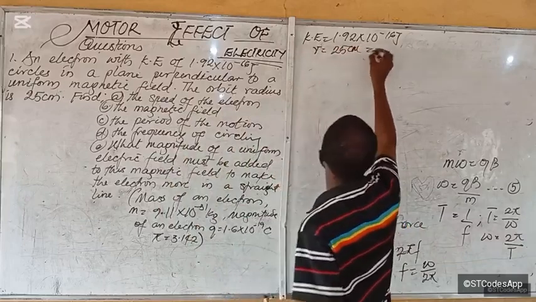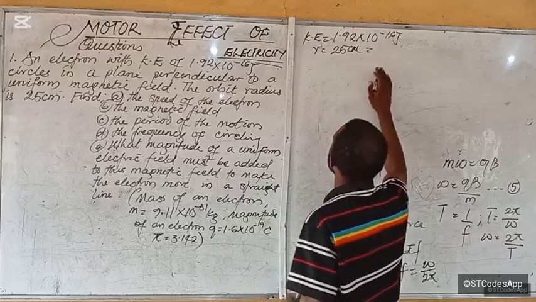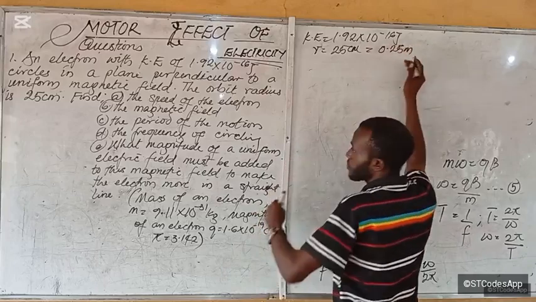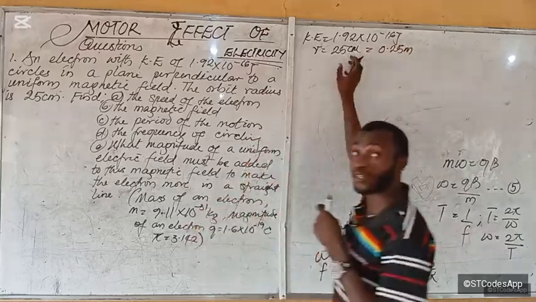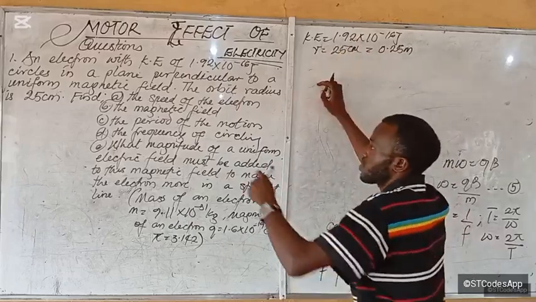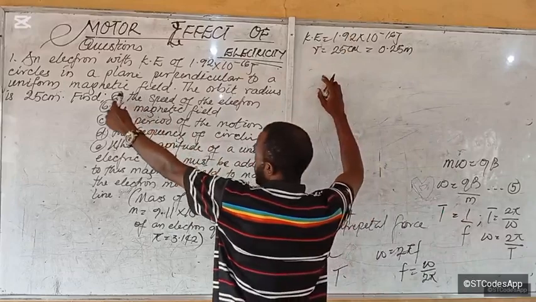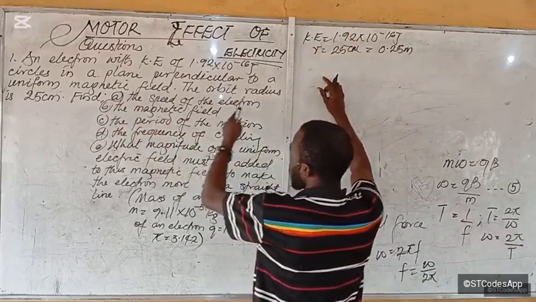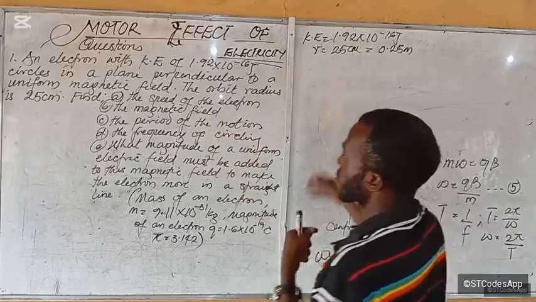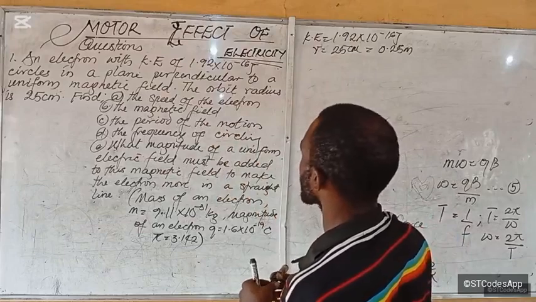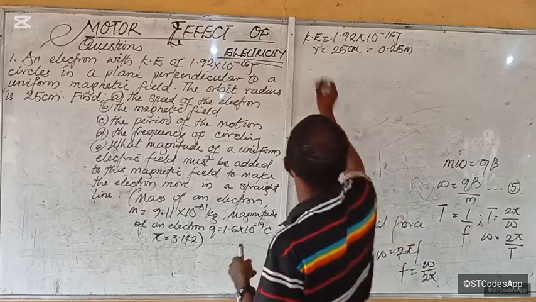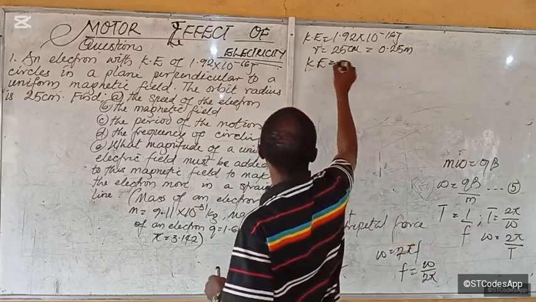Let's convert that to meters. That becomes 0.25 meters. You divide by 100. Now, part A: we should find the speed of the electron. This one is quite simple. To determine speed from kinetic energy, recall,